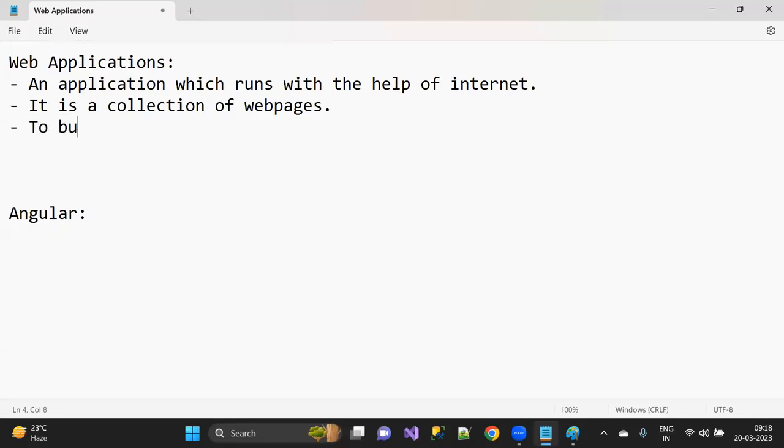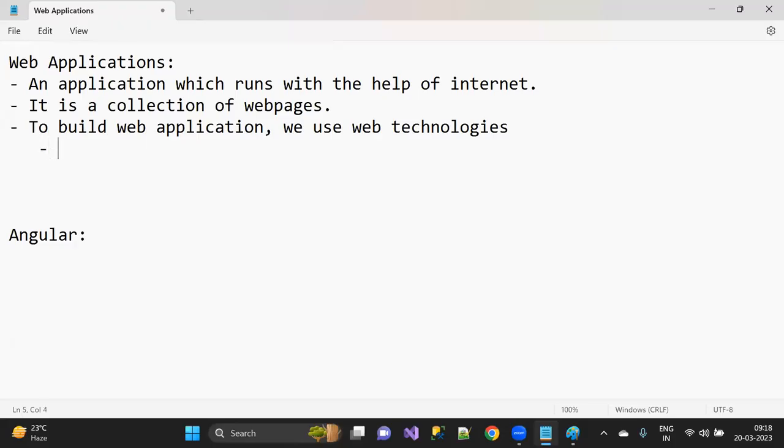To build a web application, we use web technologies. And here we have two sets of web technologies available. One is server side web technologies.